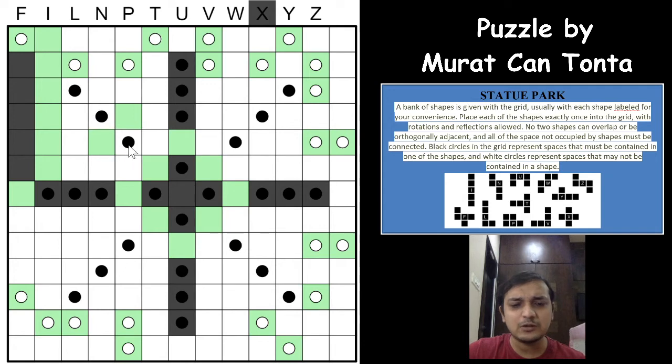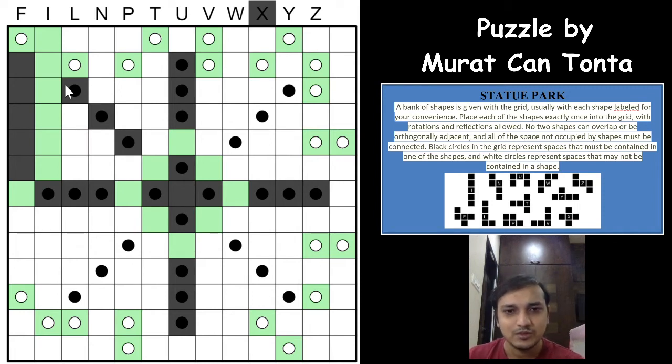Is it possible for this black circle to form a different pentomino? I don't think it is possible, because then it will touch one of these pentominos and form a bunch of black circles of more than 5 cells, right? Which means that this black circle will touch this black circle, and of course this black circle will have to go either this way or this way and touch this black circle, right? Which means that these 3 cells are part of a single pentomino, right? It has to be that way only, because this black circle cannot form a different pentomino with 5 black circles of its own shape, right?